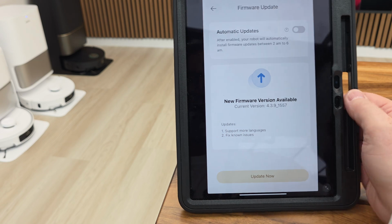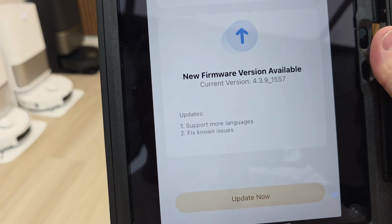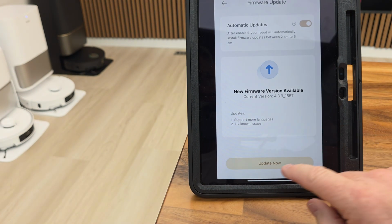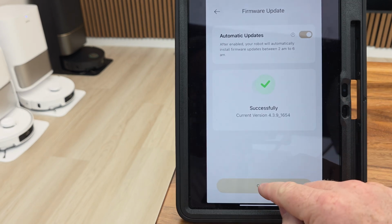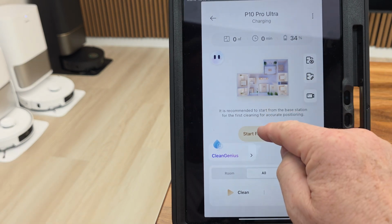So let's confirm. I always select this to automatic. It says it fixes known issues. 4.3.9.15.57 is the latest update. So let's hit update now. This doesn't take more than 5 or 10 minutes usually. All right, that didn't take very long at all. Let's hit confirm. Okay, we need to do a mapping first, which you would normally just hit start mapping, but